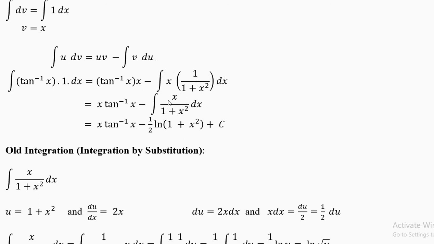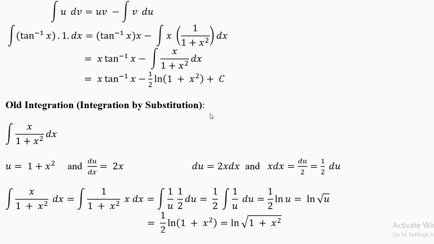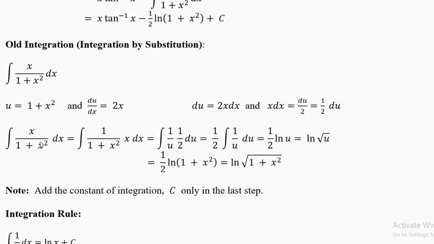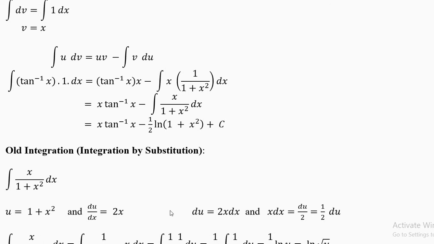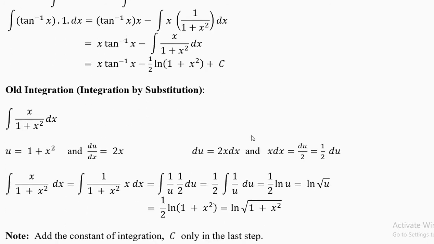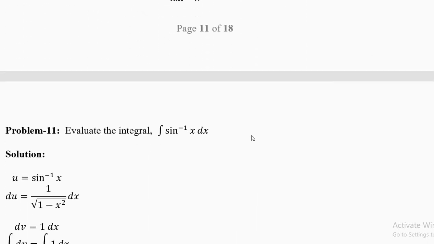Now again here we are going to use integration by substitution. And if you recall the result, I have reproduced it here in detail. Put u equal to 1 plus x square, du by dx equal to 2x. So your integration will become half 1 over u du, which is half ln u. Do not worry about the algebra of the logarithm, just write half ln u, and your answer is half ln 1 plus x square. Copy this from the margin and put it here. So full answer is x tan inverse x minus half ln 1 plus x square plus c, which you have to add in the last step. Again, if you differentiate this, you'll get back your integrand.